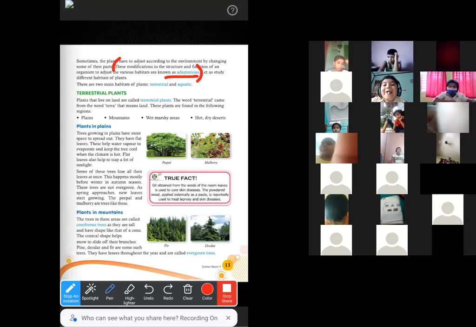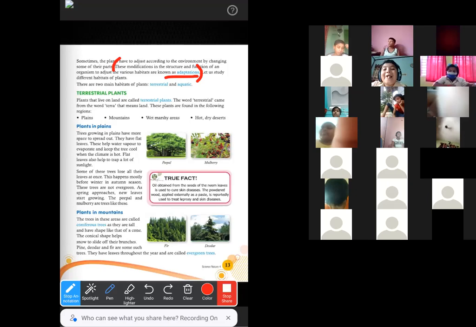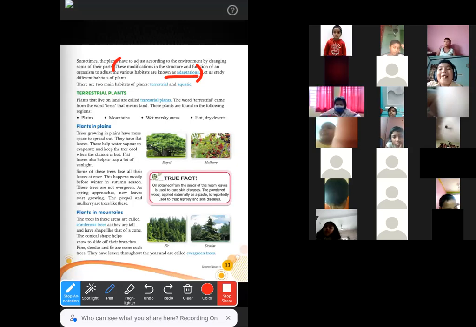So they will have to stay alive in that heavy rain, or the plants that live under the water or in the water. So they must develop some particular features, or they must have some modifications or changes in their body that help them to live in that particular place, to live under the water. They need to have some changes in their body to live in the particular habitat where they are living. So this modification is called adaptation.